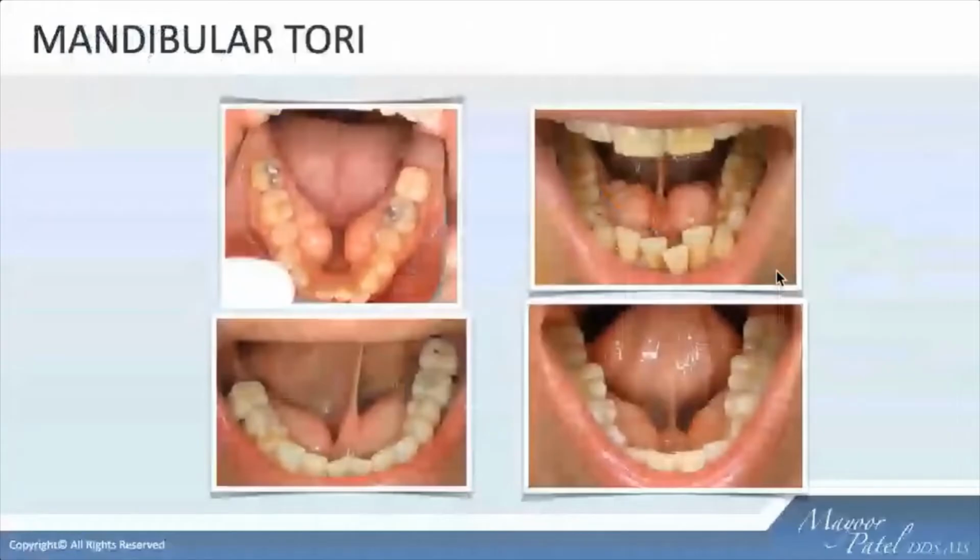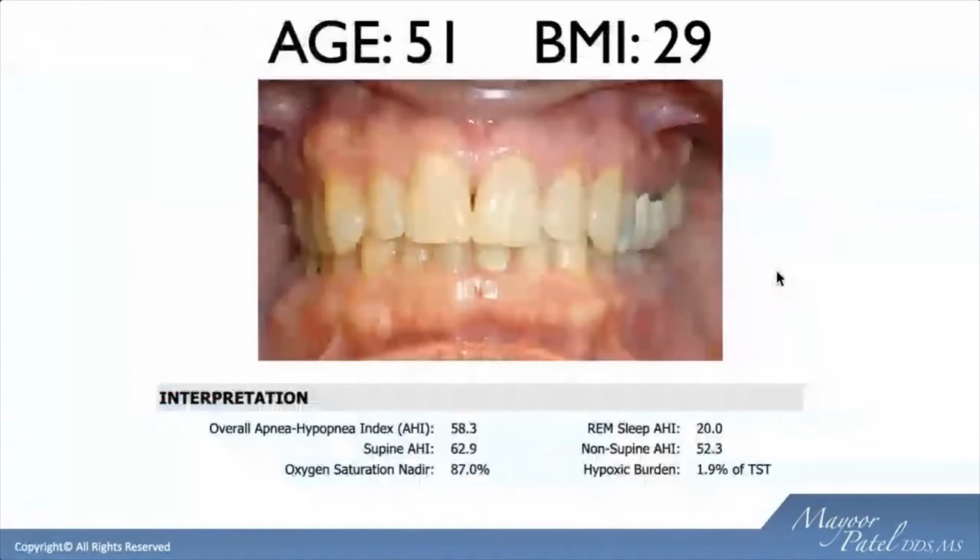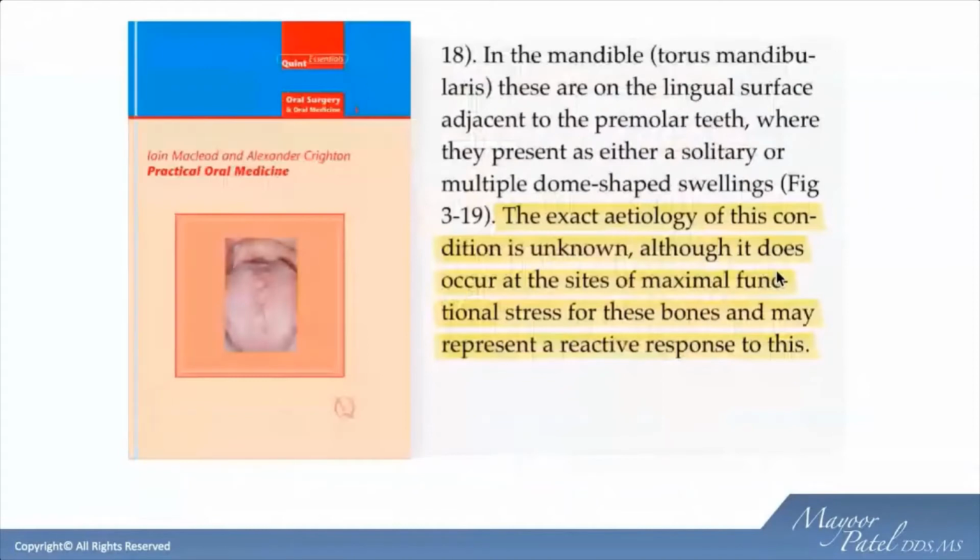But there are other things that we see clinically as well, such as torus, and we also see exostosis. Both of them are strongly supportive and suggestive that there's something going on here. So if we look at the general literature, and specifically from the standpoint of torus, it's been speculated that we need some form of external factor or external force, right? So there's got to be some form of force that needs to take place. And then, of course, the patient has to have the genes to express that bone.